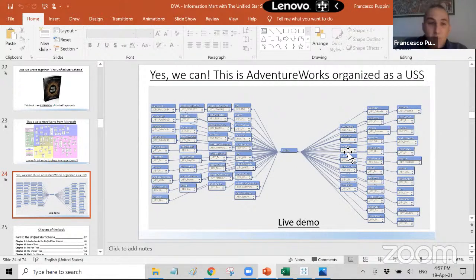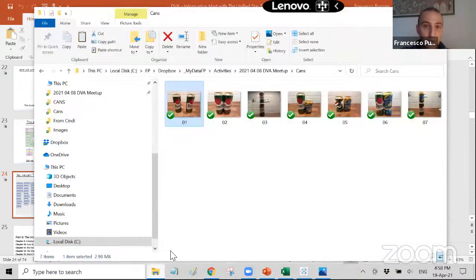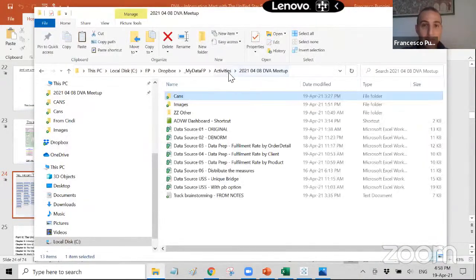But I'm aware that we are in the world of big data and there are large data sets, and the solution would not work because a table that has billions and billions of rows all in one table is very difficult to partition. It's very difficult to organize it in different nodes. So I understand that. That's why I want to show you the solution of the Unified Star Schema, how it really is.